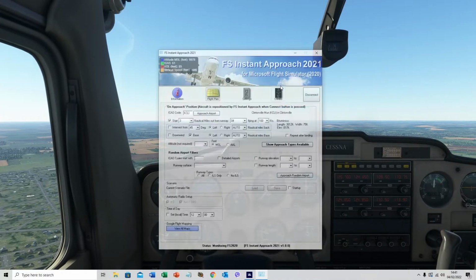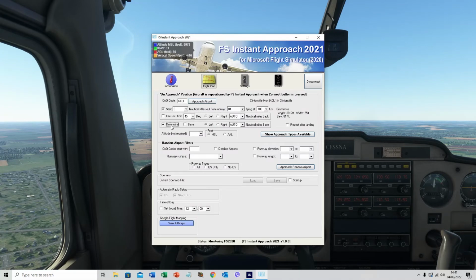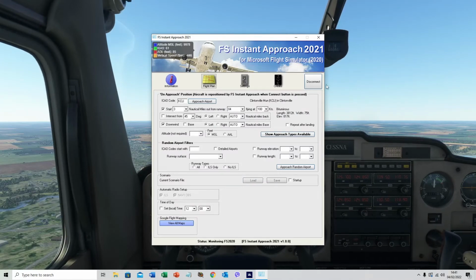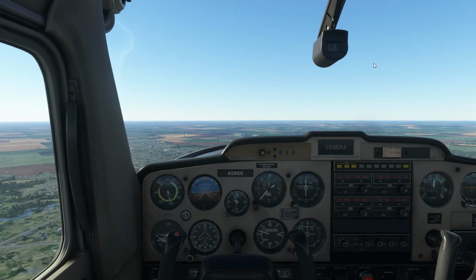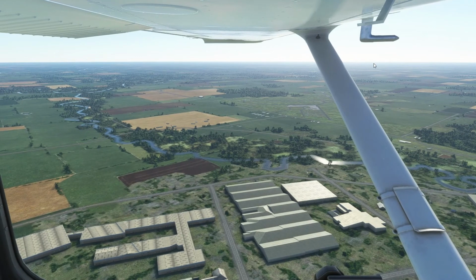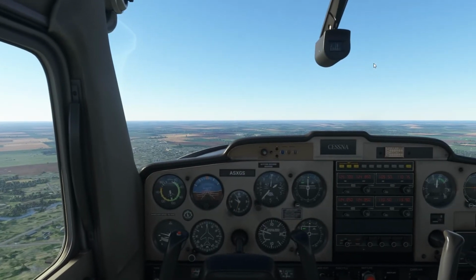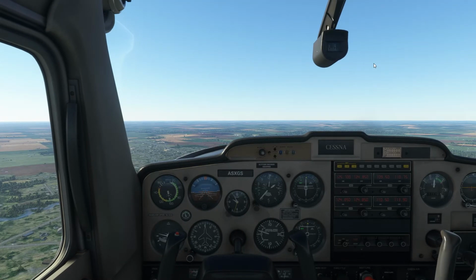Let's say we wanted to instead start downwind, so we'll disconnect and reconnect again, and now we're ready to fly downwind. Let's go ahead and look over our shoulder, and there we go. We can see the airport in the distance there. We're at the beginning of the downwind leg, and once we get to this point at any airport that we go to, any airfield we go to, all we then have to do is set up one thing